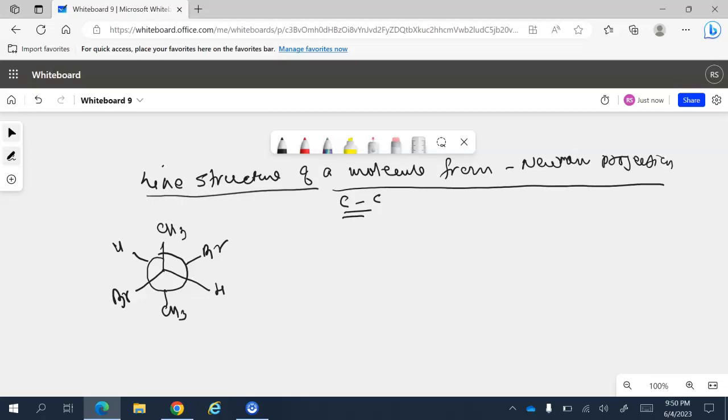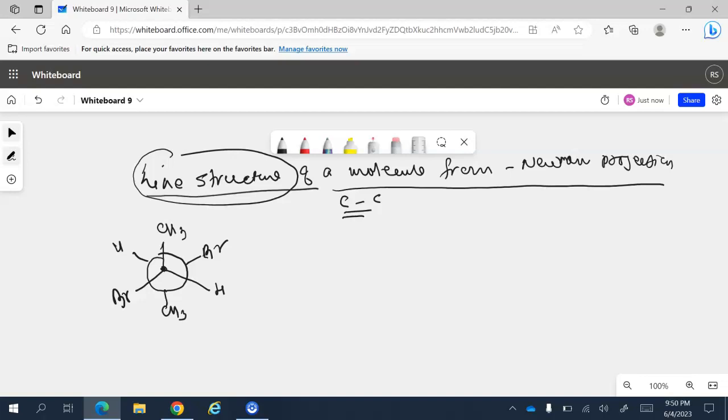So this is the Newman structure of a molecule. We wanted to draw the line structure of this compound, and also mention which carbon-carbon bond is depicted in the molecule. Now, to draw the line structure from Newman projection, we know that this is the front